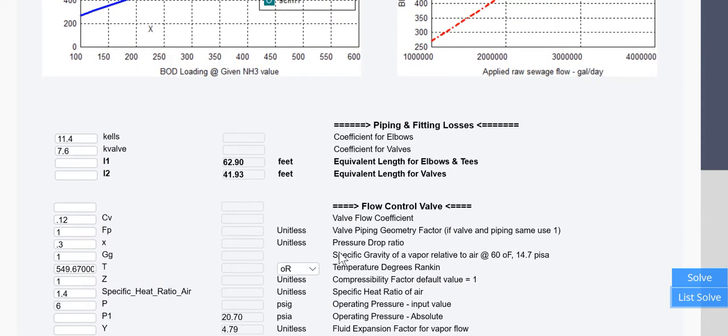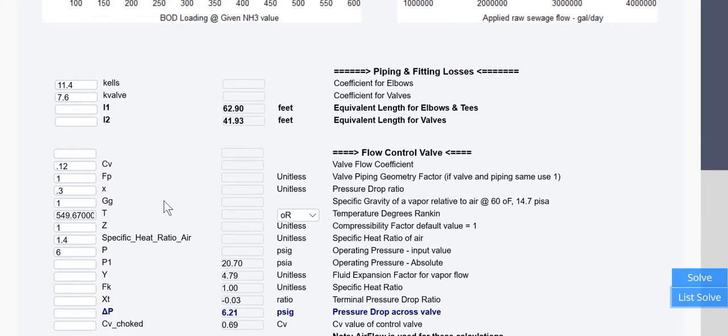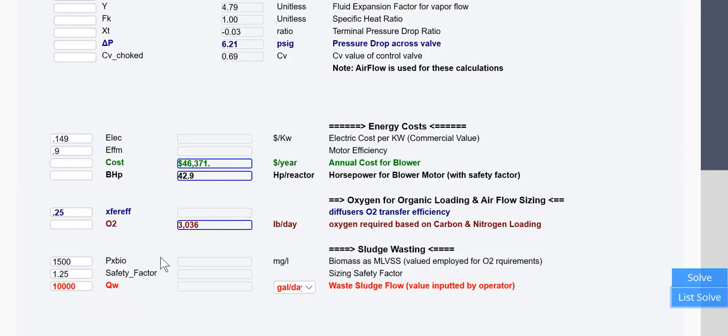We come down here, you have your fitting losses based on the coefficients for elbows and valves. It gives you the equivalent feet of each. You can come down here, and the flow control valve is the same thing, and it says here we've got a 6.21 psi across the valve. Energy cost, you can put in your cost of electricity per kilowatt hour and efficiency and come up with the annual cost. Oxygen, organic loading versus airflow,